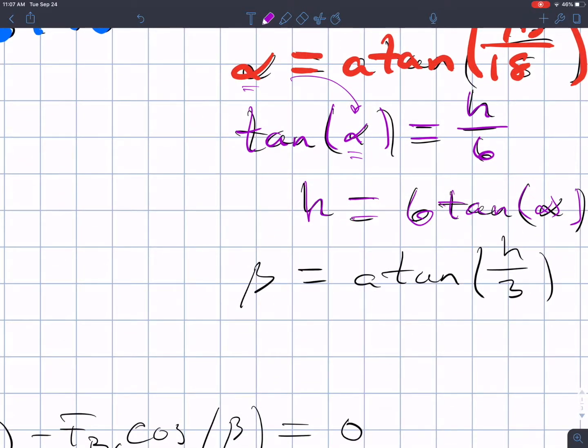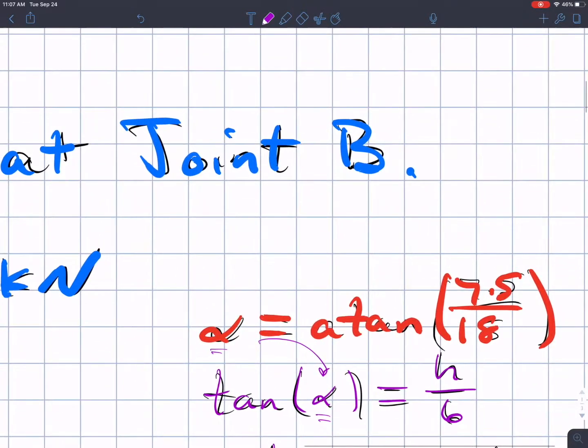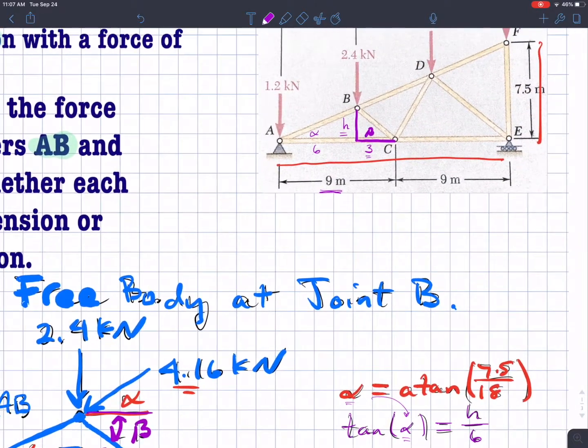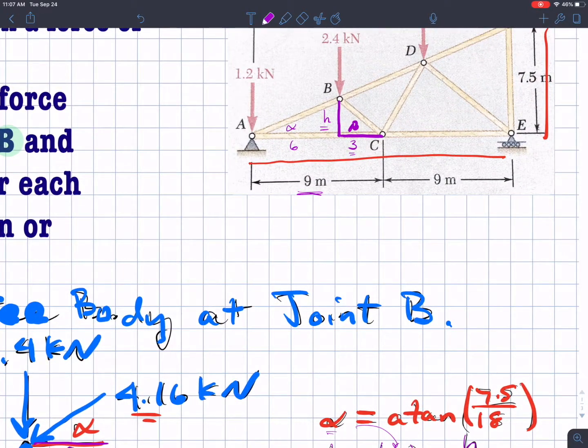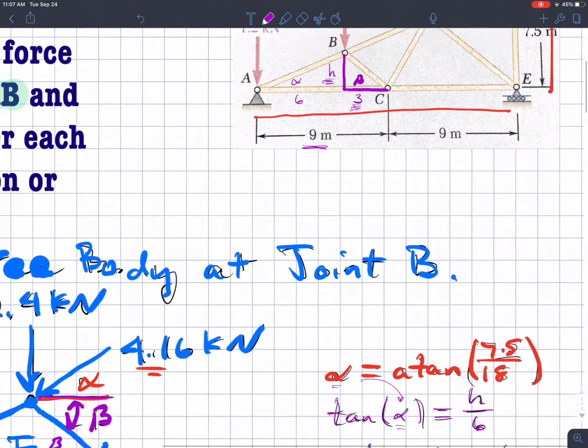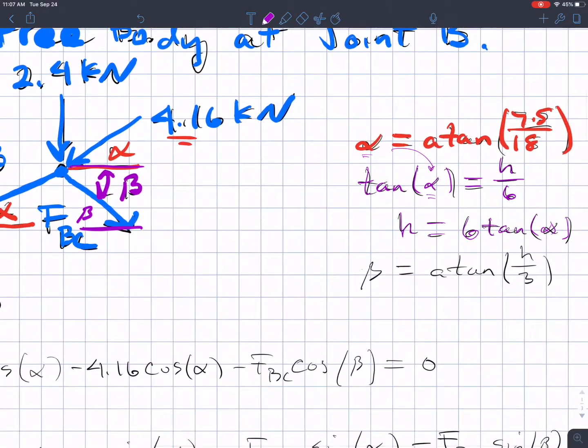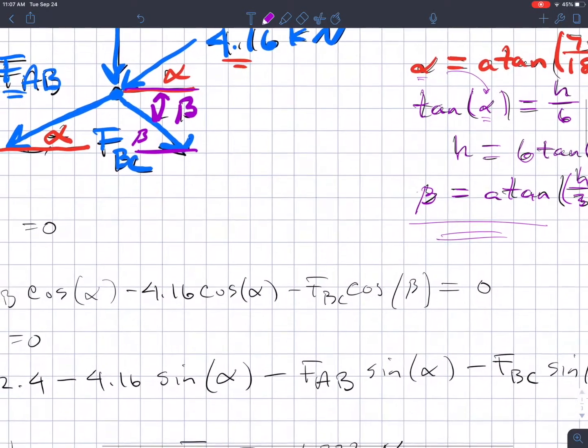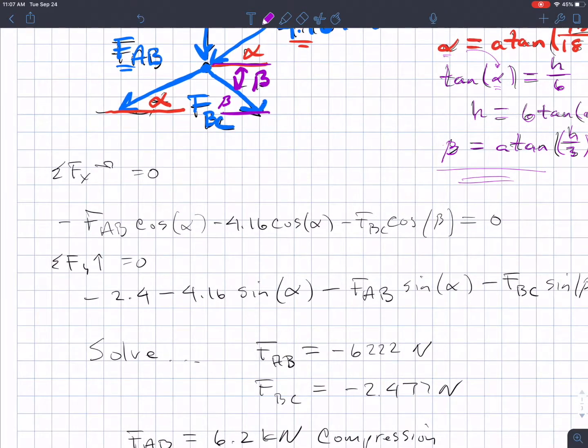And from the picture, I then know that the angle beta is the arctangent of the opposite divided by the adjacent. So beta is arctan of H over 3. This is a little harder. You had a little more geometry to do, but once you have that,